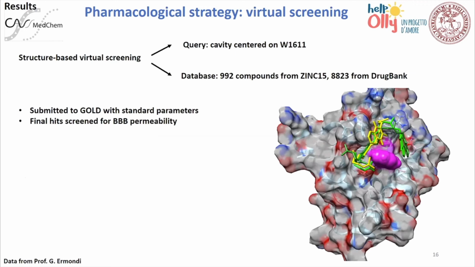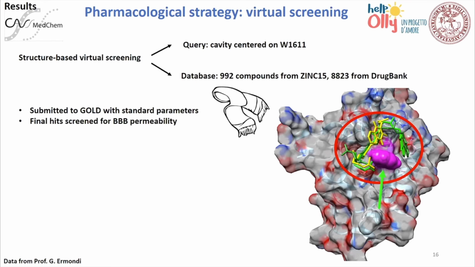We screened about 10,000 drug-like compounds. We filtered the highest hits for blood-brain barrier permeability models. And the result is shown here on the right. So in purple here and the green arrow, you have the mutated residue. And as you can see, the best hits that we have found are somehow sitting around in the cavity like some sort of scarf that, in our idea, is modifying the physicochemical properties of this surface.